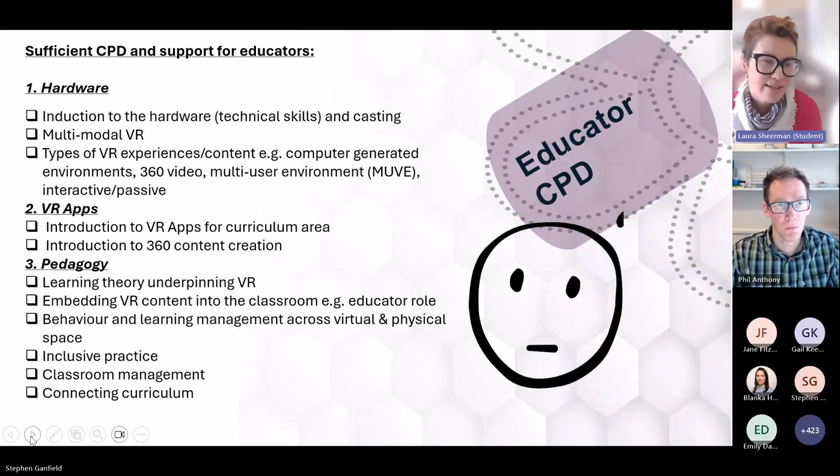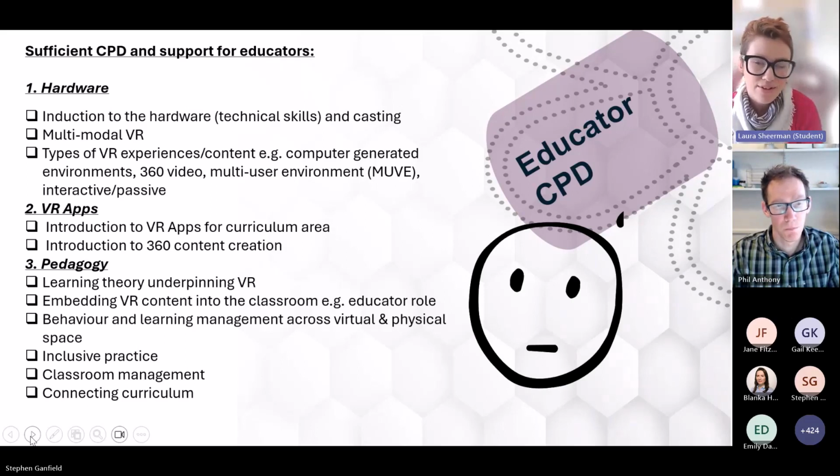Also included in that is information and guidance around 360 video content authoring, which tends to be more inexpensive, and there's a good wealth of tools available. It also overcomes the issue that educators were talking about to me in terms of making sure VR content mapped and aligned to the curriculum area that they wanted. A lot of the content that was off the shelf didn't, so that was also a challenge. And there were also concerns about the amount of VR content available to thread across an academic year.